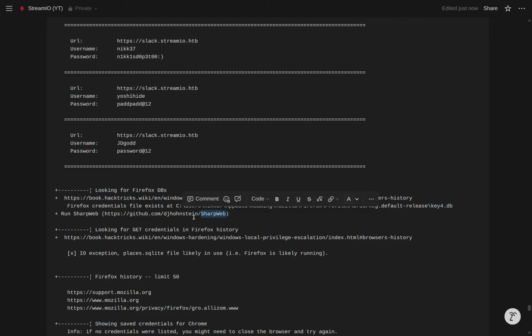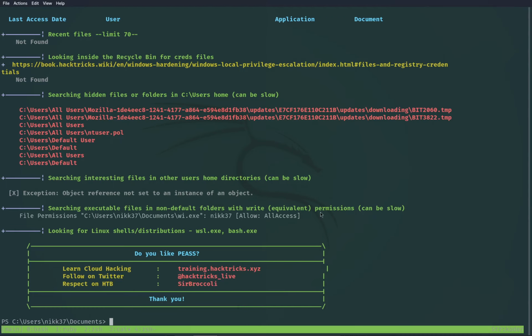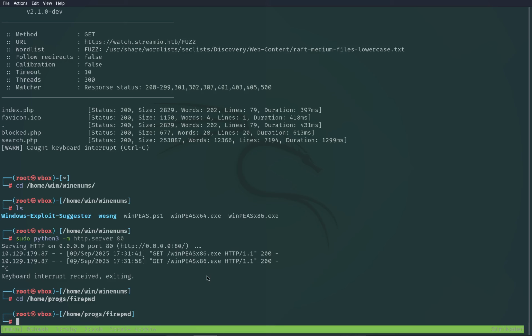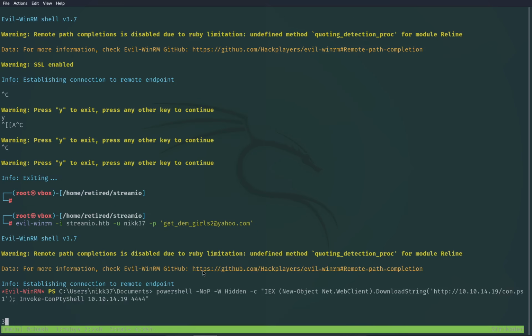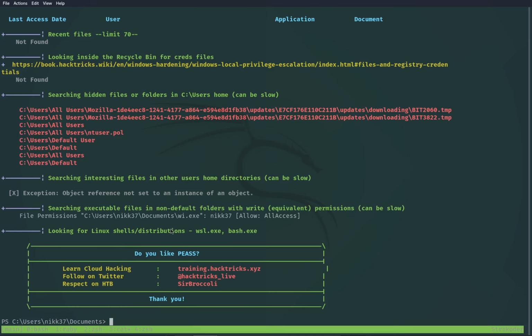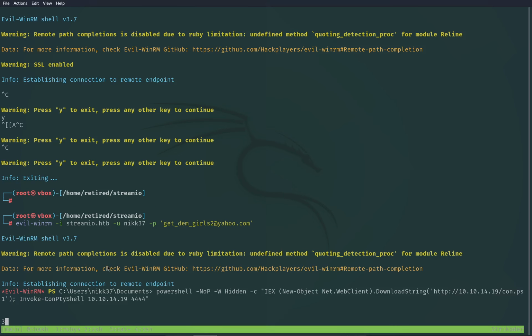However, it's an old program, so we can use other stuff like firepwd, the one that I have over here, prepared and ready. So you can download the files either through WinRM by saying download and the file that you want,